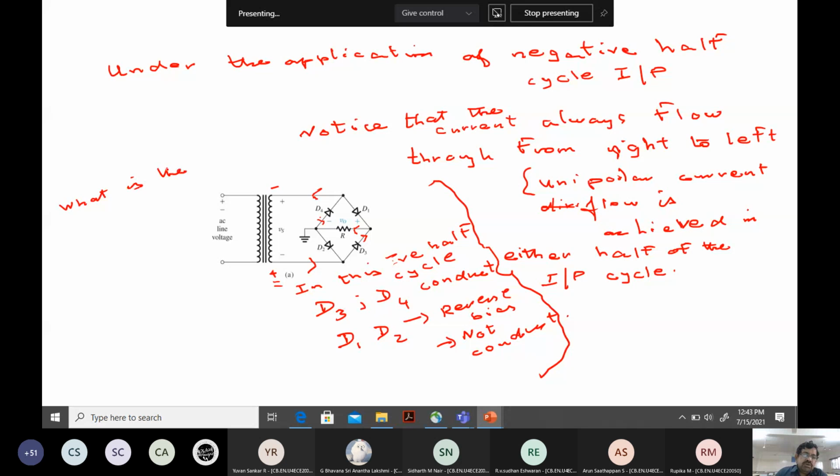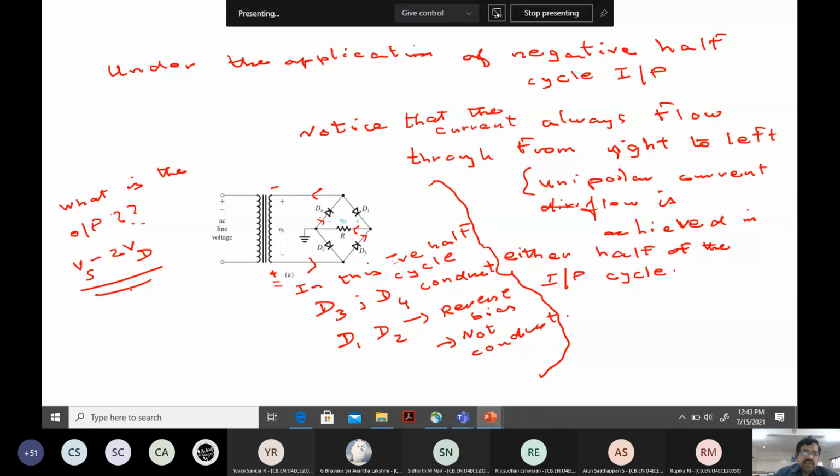The output is always taken. So already I told you that we have achieved the unipolar current, which means rectification process is seen and output is taken. What is the output in this configuration? Let us take any half of this; this is Vs and here you will see there is a voltage drop. If you look at the voltage drop here, there are two diodes in forward bias, therefore output from this will be Vs minus 2Vd.